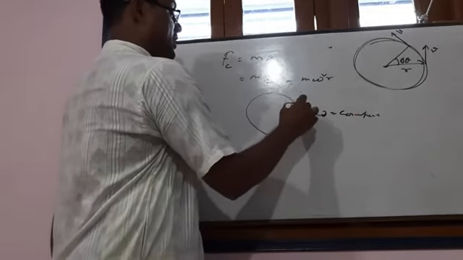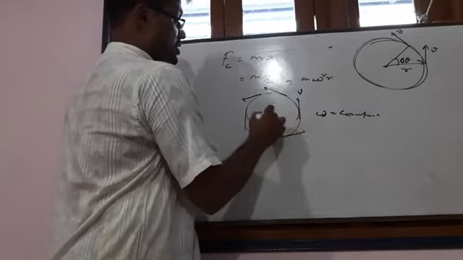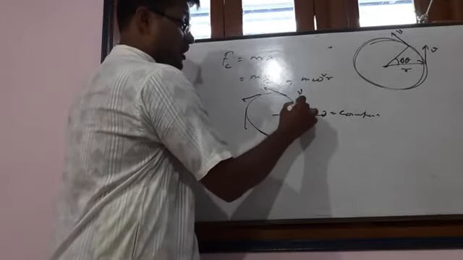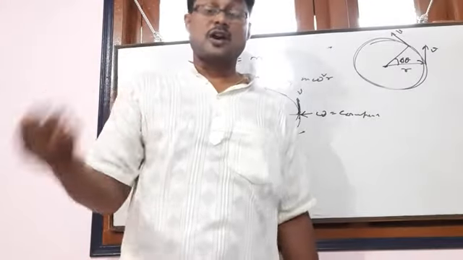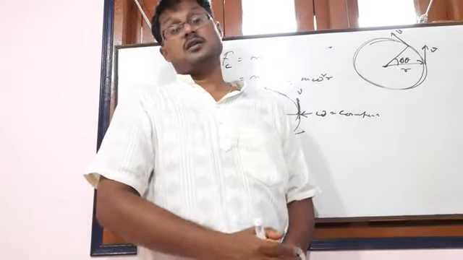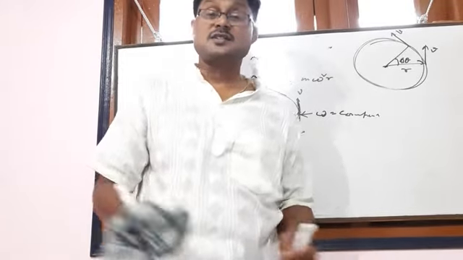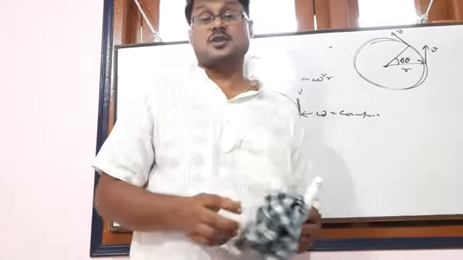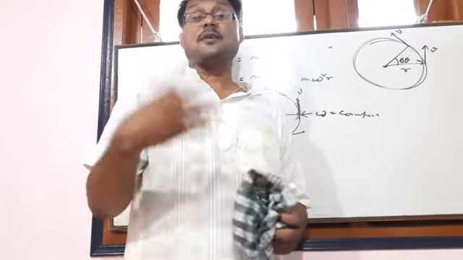So whenever a particle is performing uniform circular motion, omega constant, then this is v, this is v, this is v. This force always remains perpendicular to v and directed towards the center, and with omega constant, you can define centripetal force. Okay, so practice this. These are all basic concepts for this chapter. Next day I will move to the next application sections.